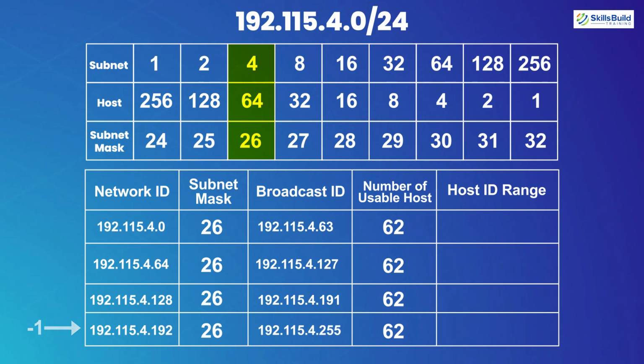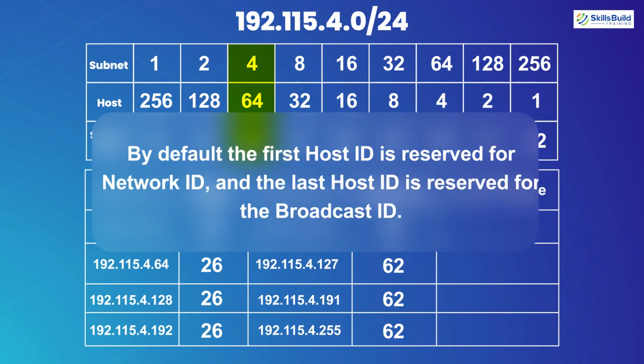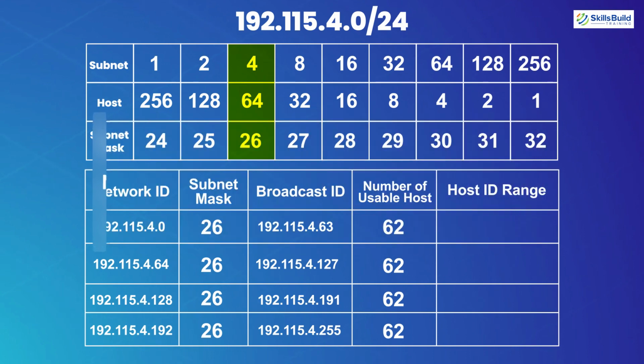We are done with everything, and the last thing that remains is host ID range. Well, as I have mentioned earlier, that one host ID is reserved for broadcast ID and one of them is reserved for the network ID by default. So to find out the range, we will just minus 2 from the 64 and we will have the range. So obviously for the first subnet, the host ID range will start from